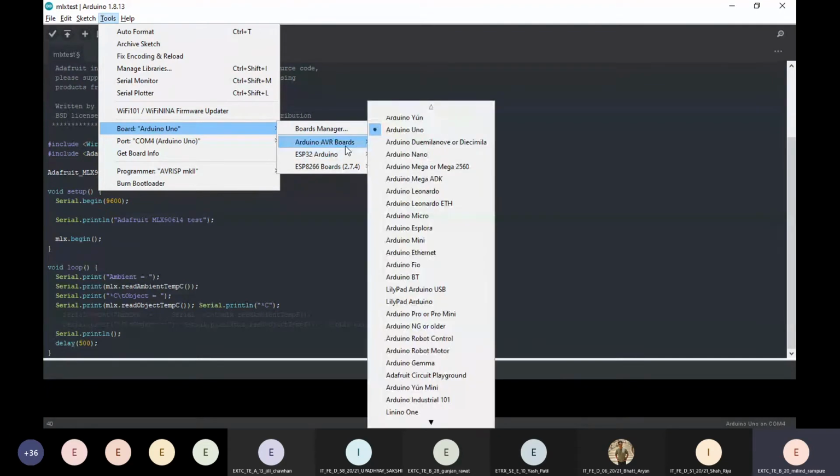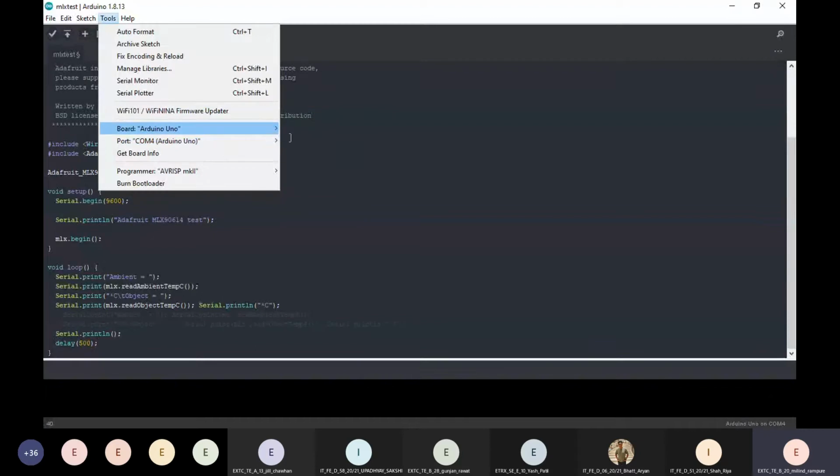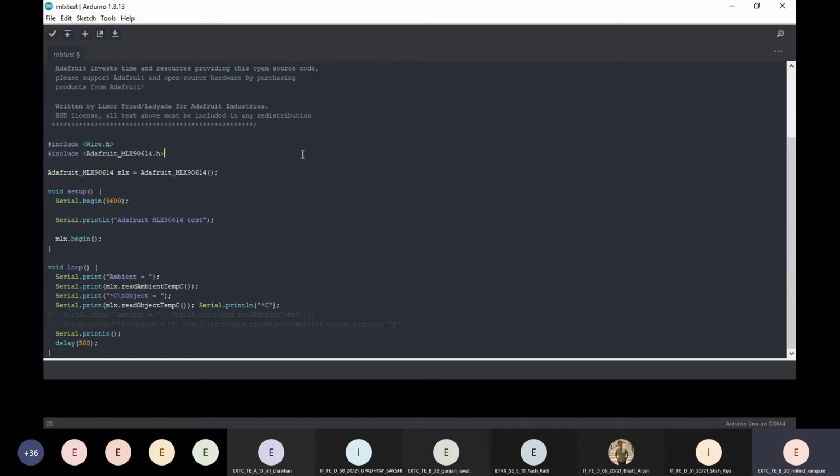After installing the IDE, the default boards are already installed, so you just need to select Arduino Uno, and also the port. After connecting the Arduino to the computer, you get this default port, COM4. Now I'll directly click on upload.